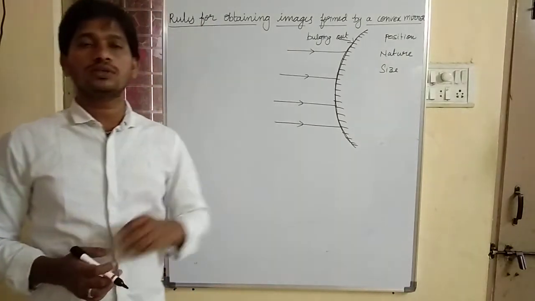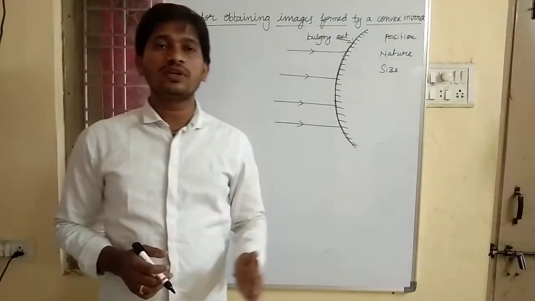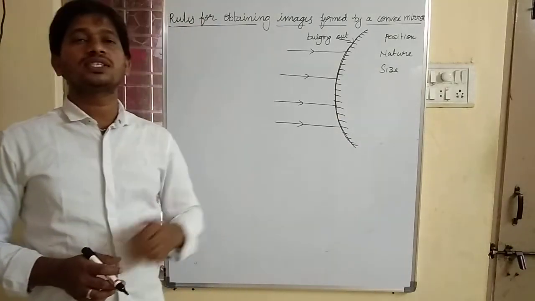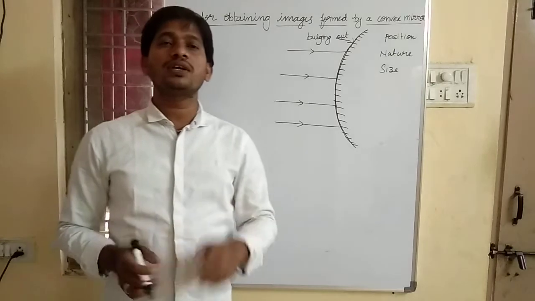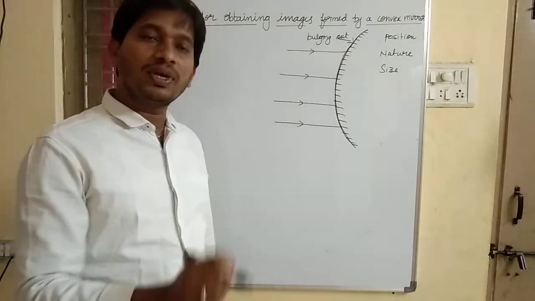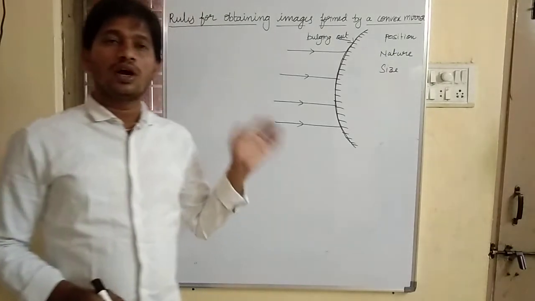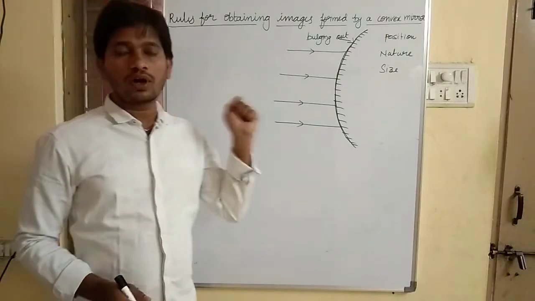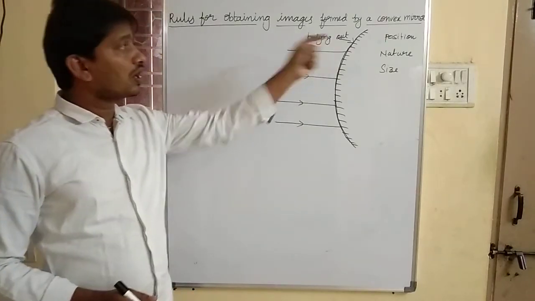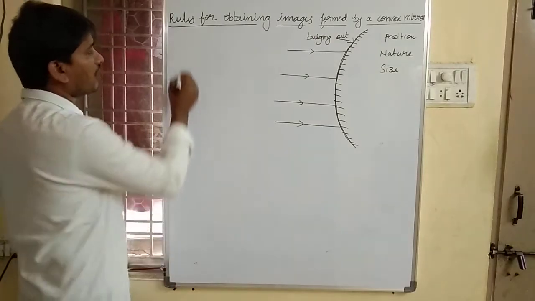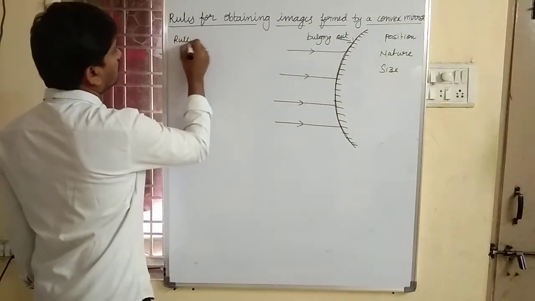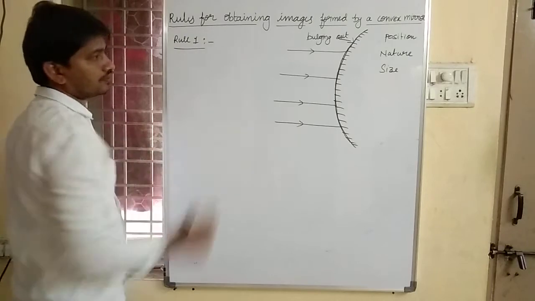Again we have 4 rules. In the previous session we discussed the rules for obtaining images formed by a concave mirror, and in this session we are discussing the rules for obtaining images formed by a convex mirror. Again we have 4 rules. So the first rule, rule 1, is